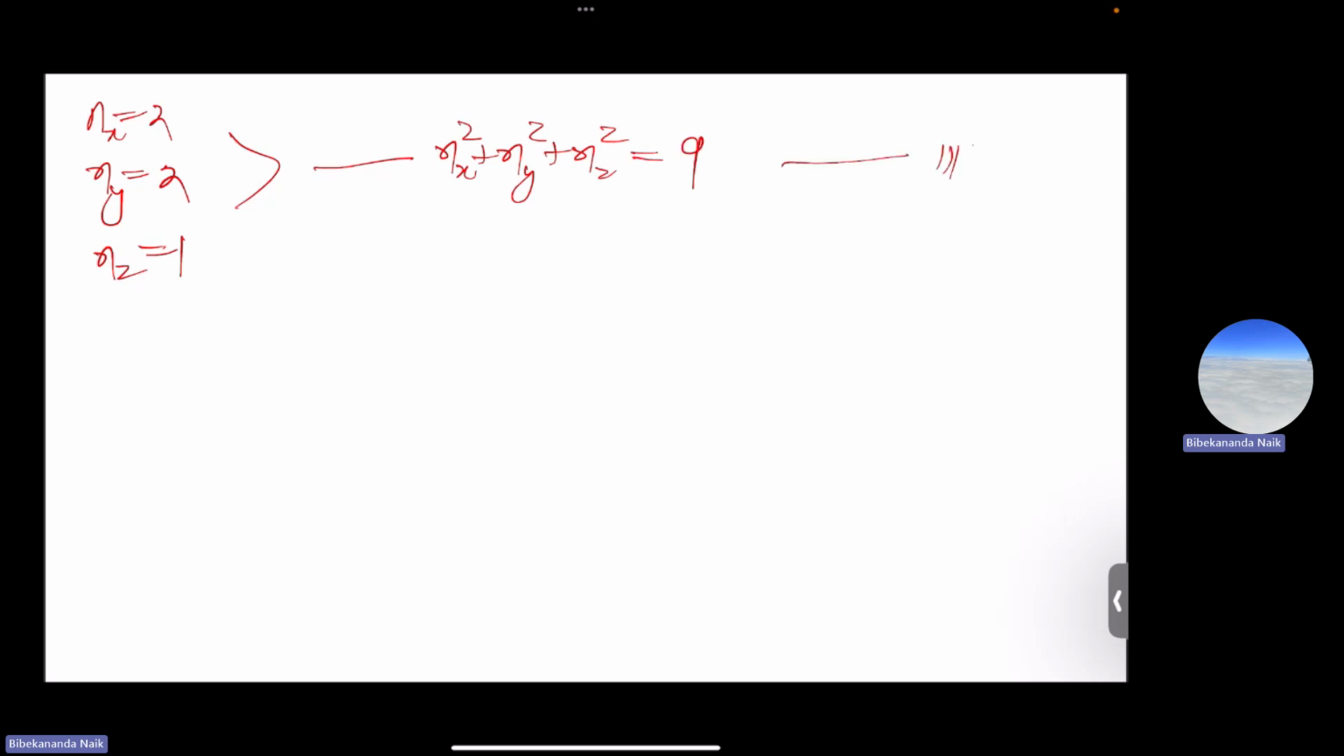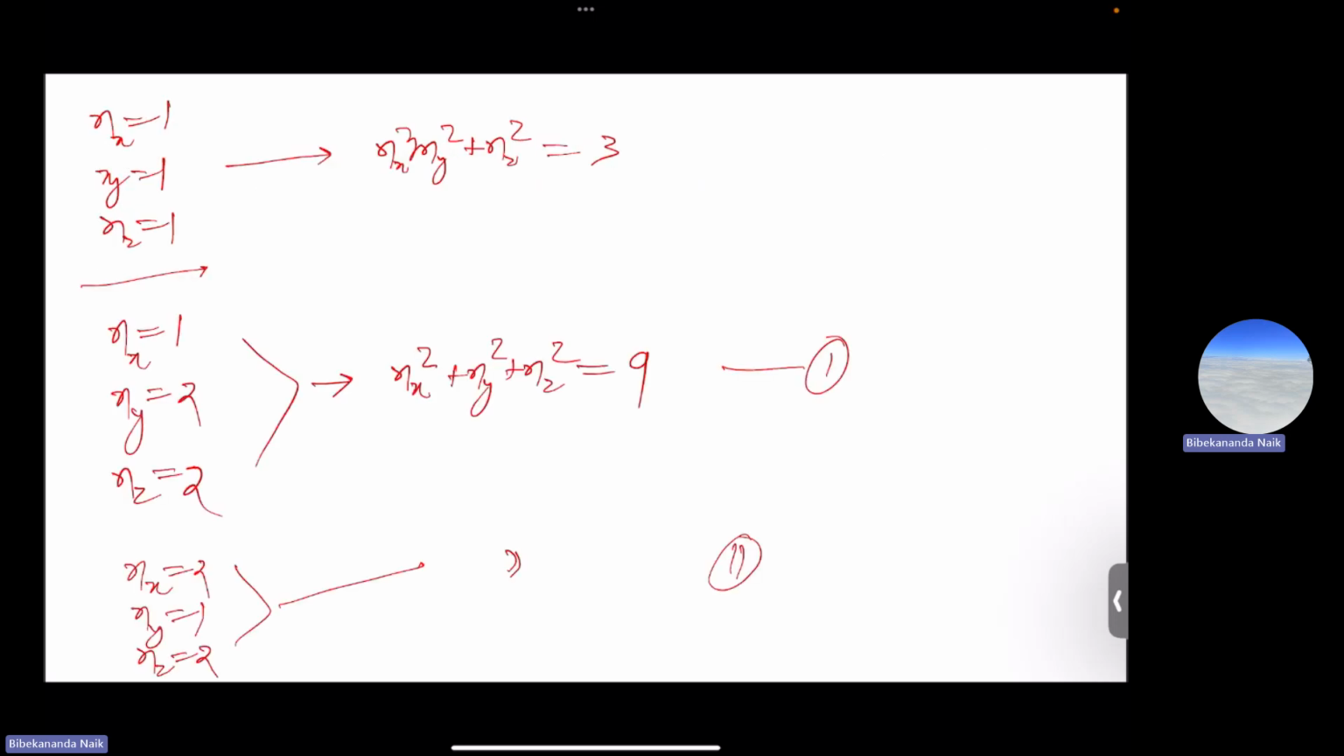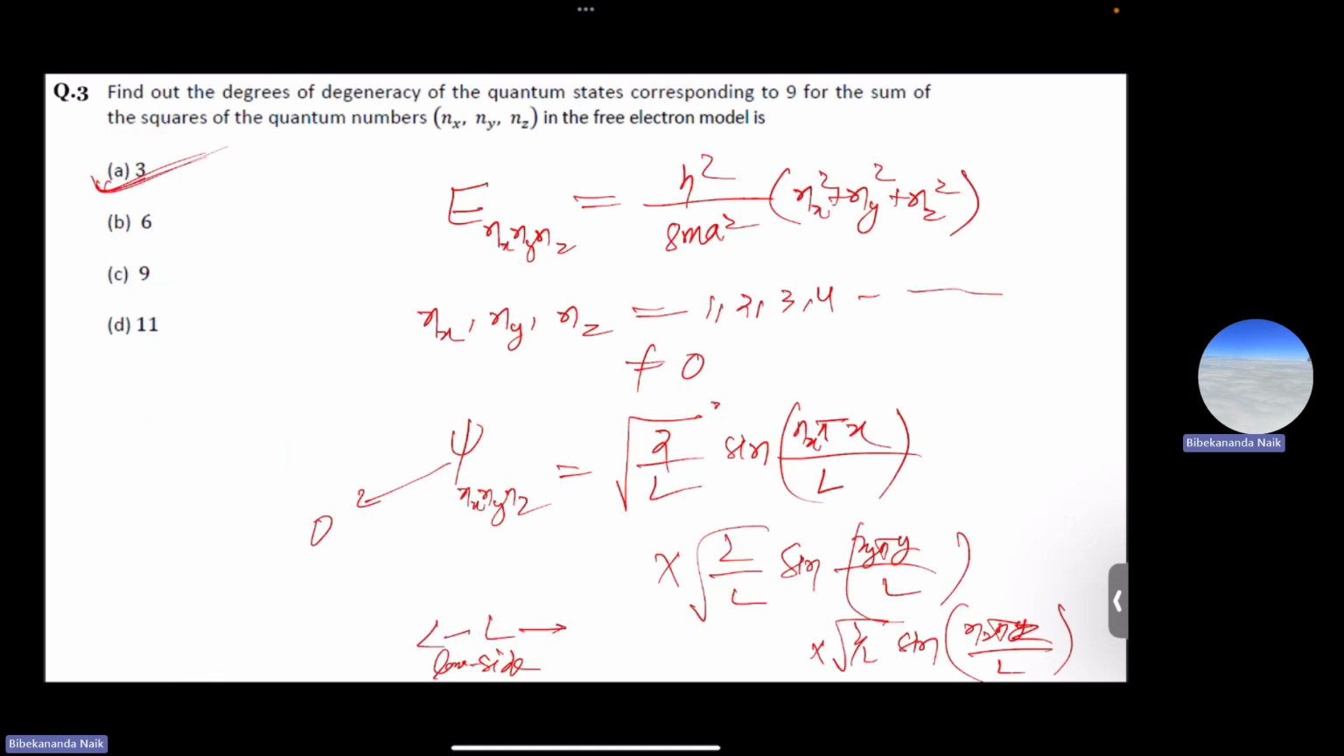So there are three different combinations of nx, ny, and nz for which the sum of the squares remains the same, that is 9. So the correct option in this question will be option A. The degree of degeneracy for the sum of 9 is 3. However, if you see